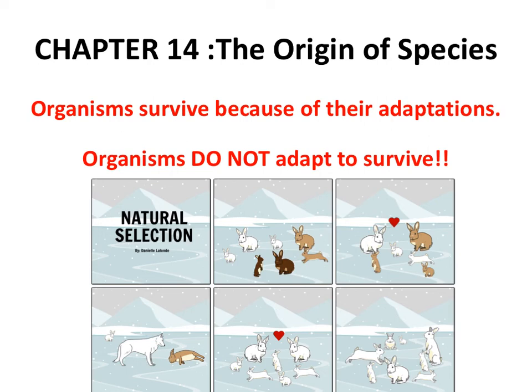To remind you a little bit about Chapter 13, Chapter 13 was all about natural selection and the idea that some organisms are better suited to their environment. They survive because of adaptations that they have. An adaptation is a trait that's coded by DNA. That adaptation helps the organism survive in a particular environment. But if the environment changes, what was once a good trait might no longer be considered a good trait.